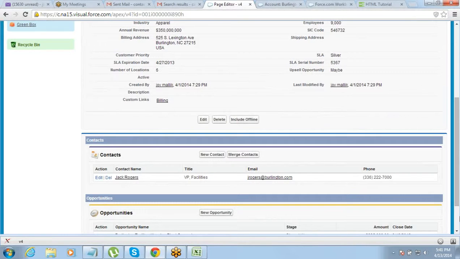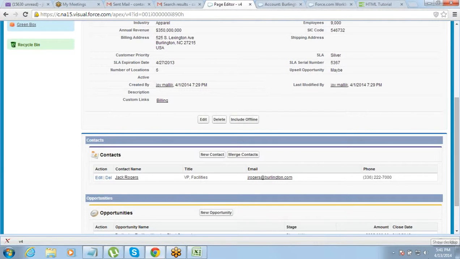Now think of another requirement. I just said initially that we will think of the requirements and work on those. Think of another requirement. Your team says that there are a lot of related lists, and it becomes difficult for us to scroll down. We want all the related lists to come on the screen at the top in the form of tabs. So I should be able to click on contacts to see. There should be a tab called contacts, a tab called opportunities, a tab of cases, and I should be able to click on any one of the tabs to see the data. Right.